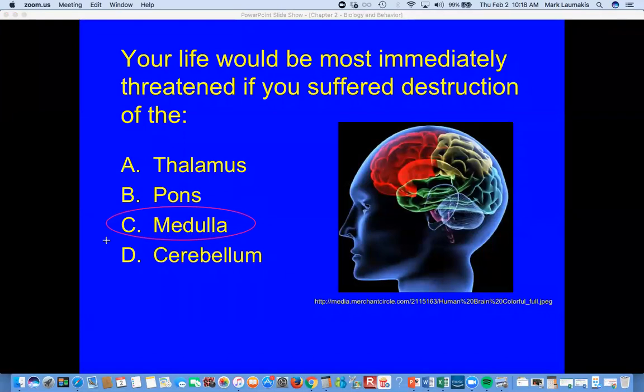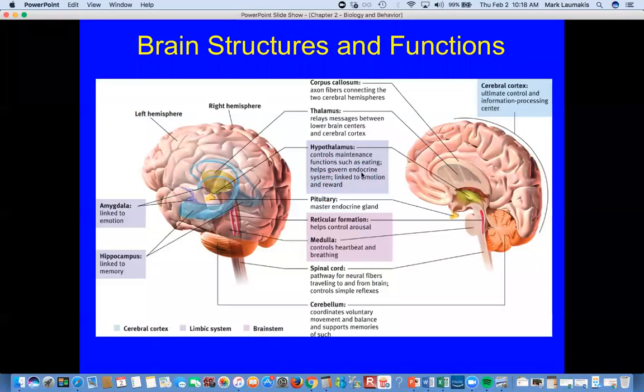Okay, good. So let's take a step back for a second and sort of see where we're at and then where we're going to head in our last 20 to 25 minutes here. So I've got a slide that gives us an overview of the big picture. We talked about medulla, pons, and cerebellum. I don't see the pons on here, but here's the medulla, right? Controls heartbeat and breathing, keeps you alive. Cerebellum, voluntary movement, balance.